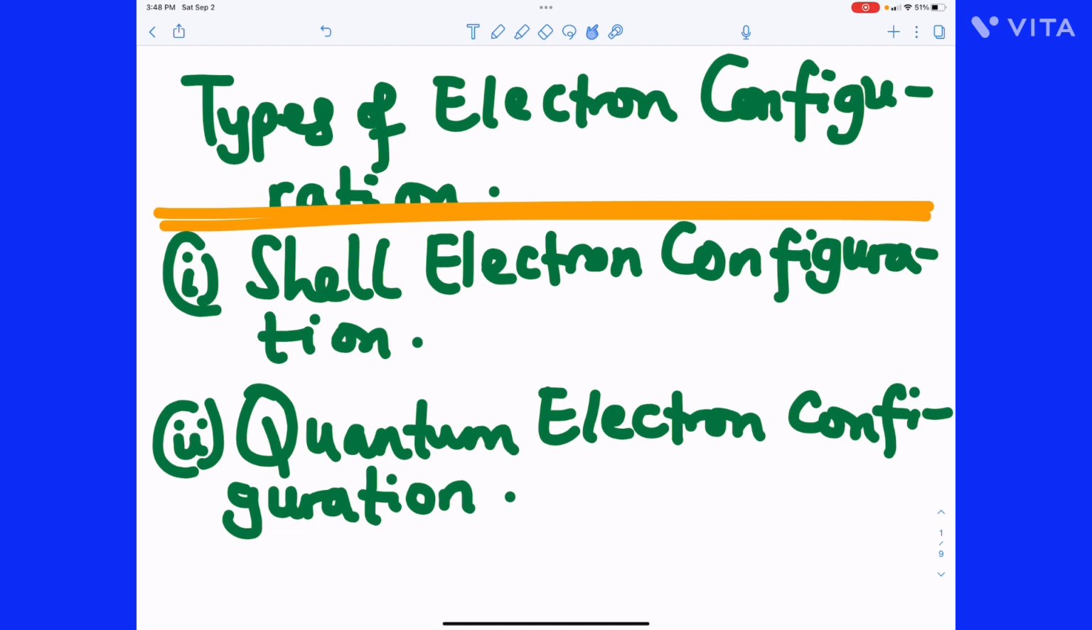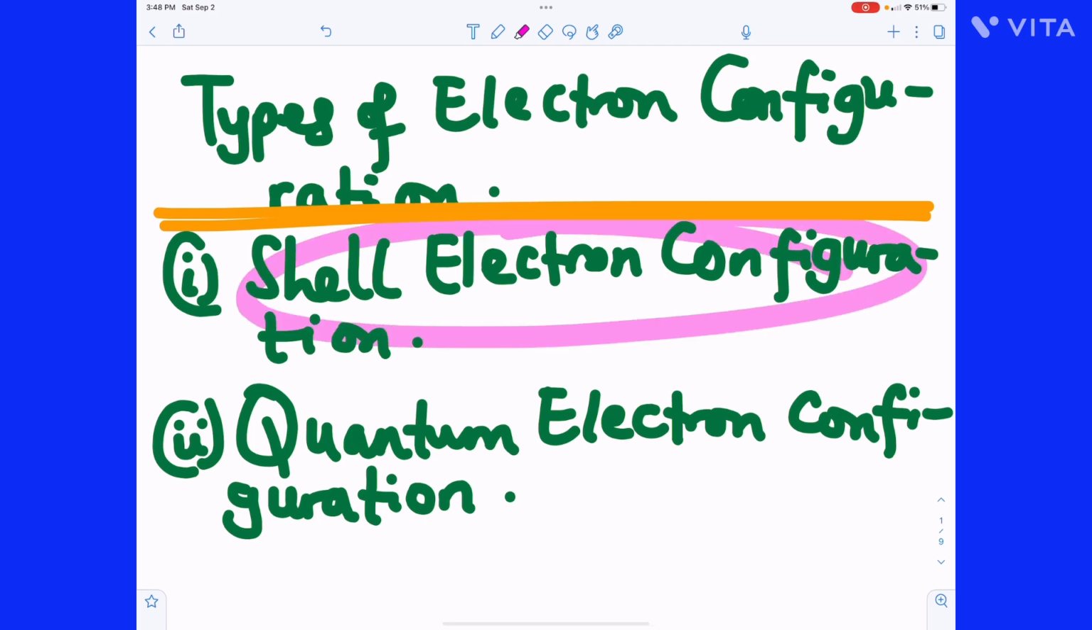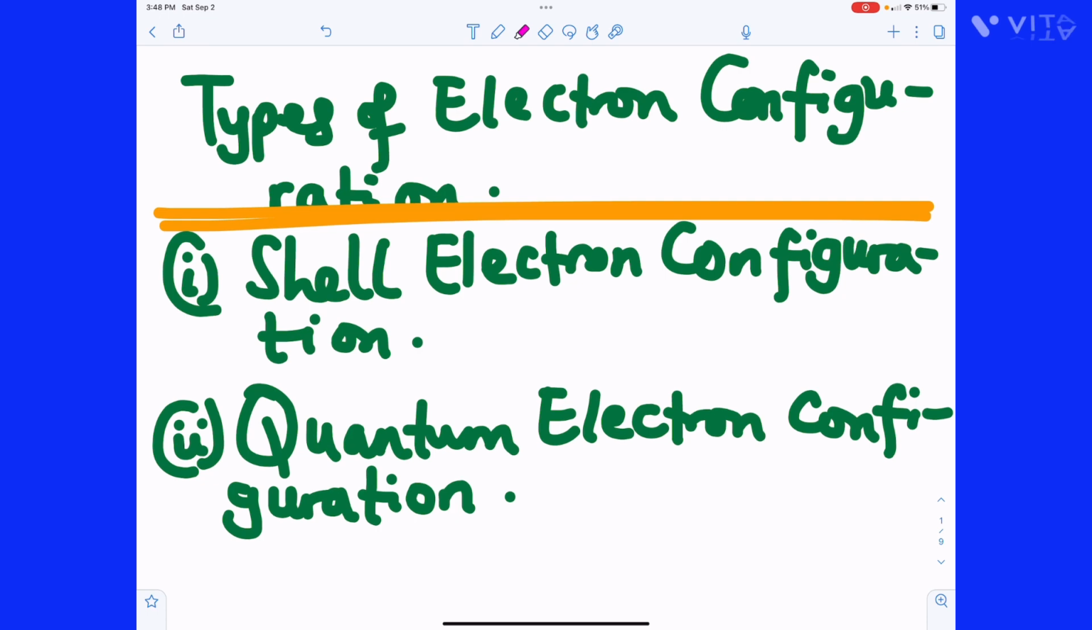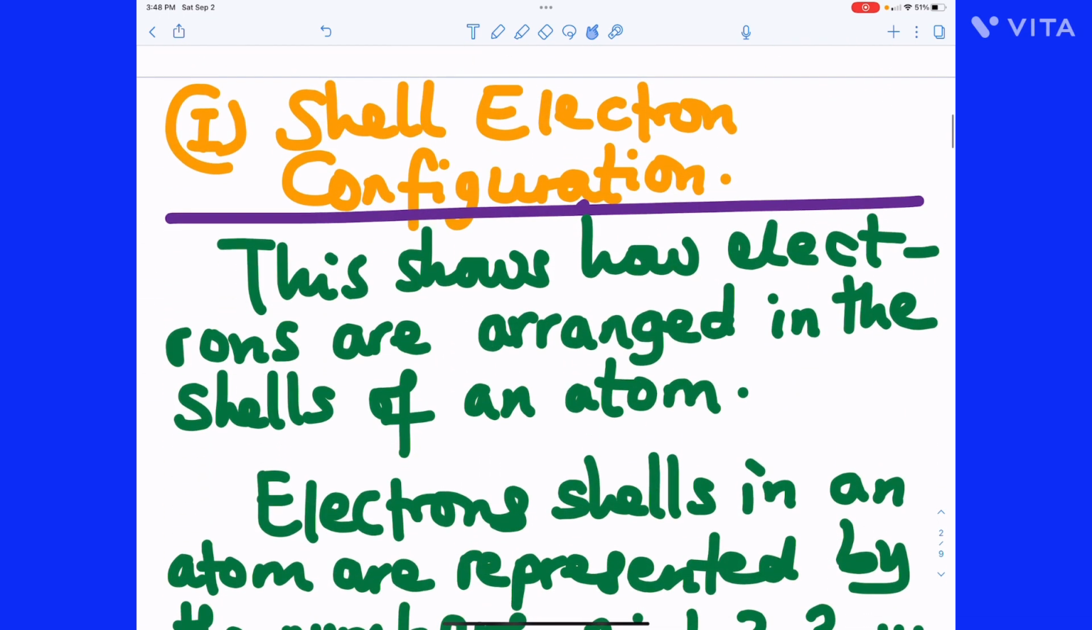There are two types of electron arrangement or electron configuration we use in chemistry. First one is the shell electron configuration, this, and second one is the quantum electron configuration, this. First, we will do shell electron configuration. Now, shell electron configuration is the configuration